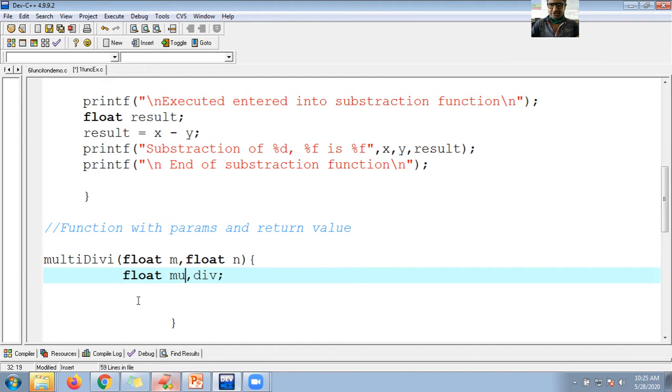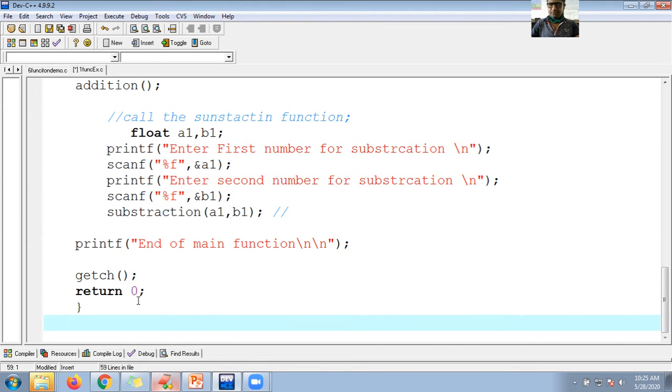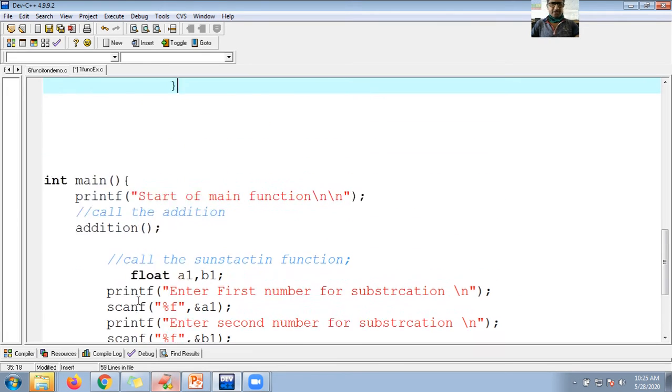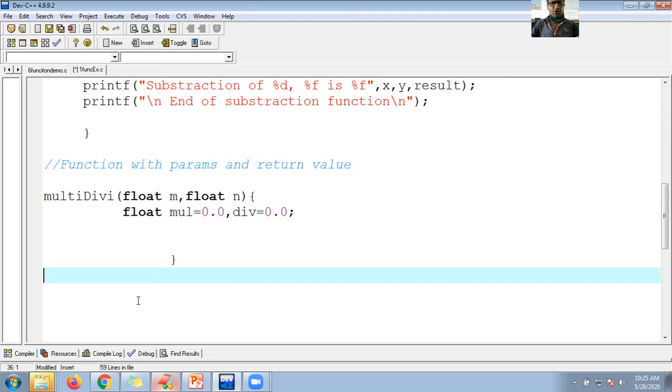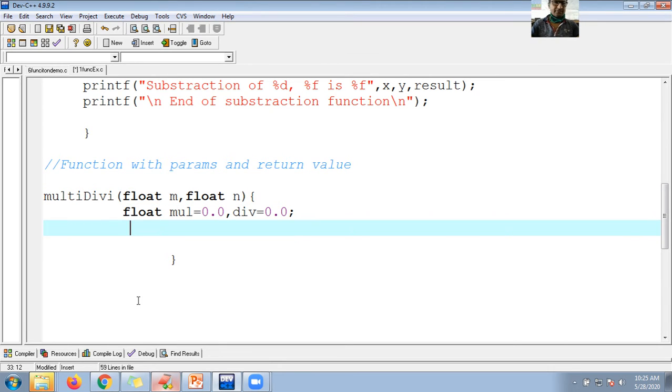So let me initialize mul with 0.0, and let me initialize div with 0.0. Now function takes two parameters, right? Now here let me perform first multiplication. So here mul is initialized with m into n.